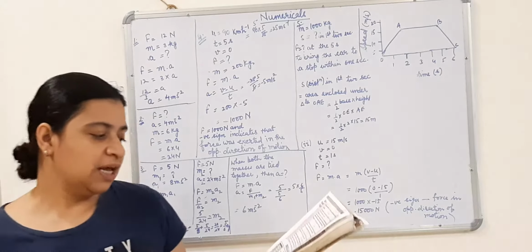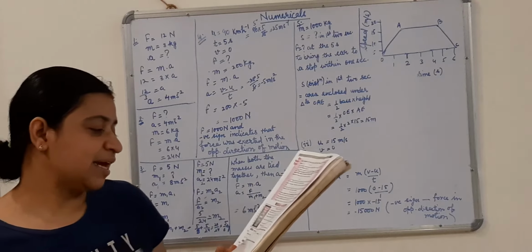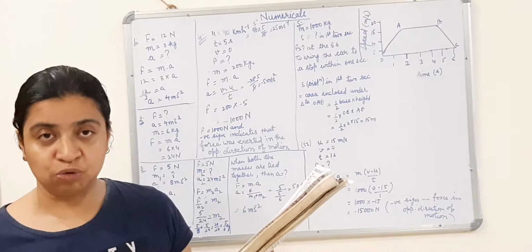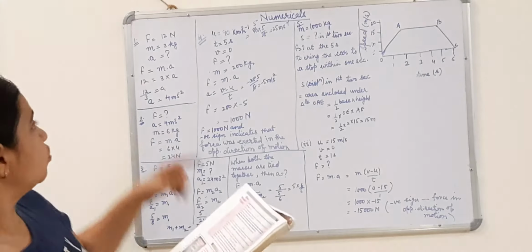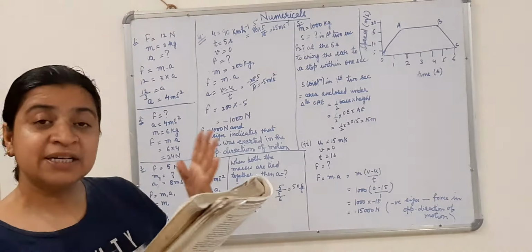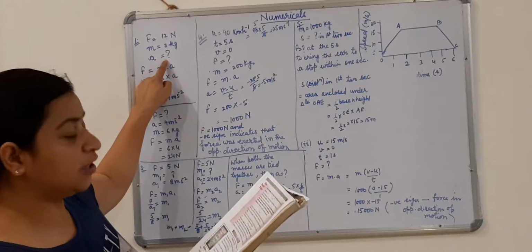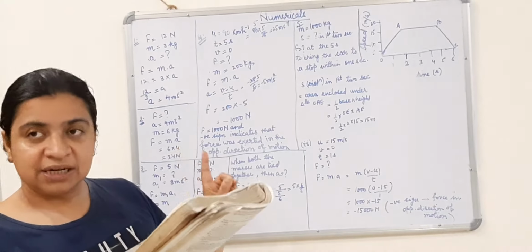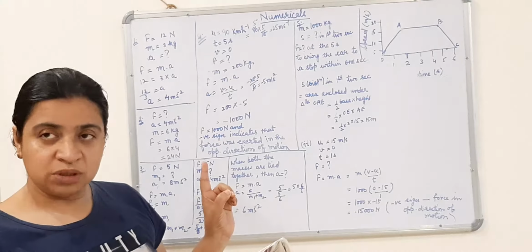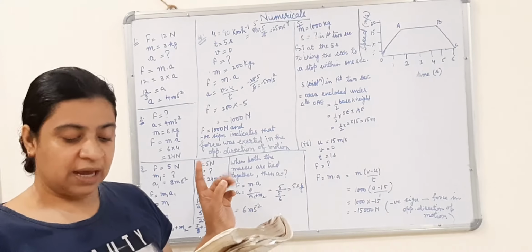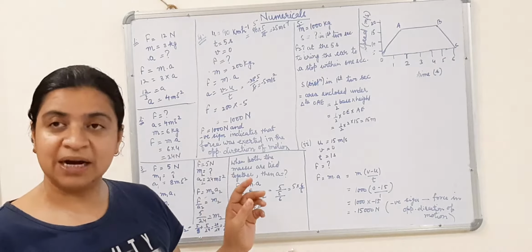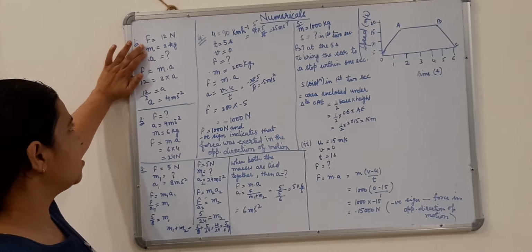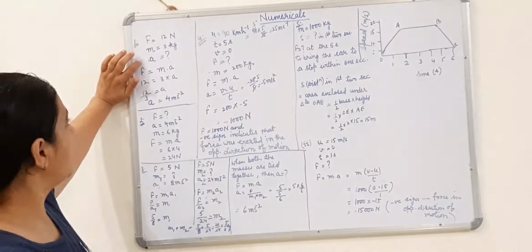Now listen carefully. What is the acceleration produced by a force of 12 Newton? Already given that force is 12 Newton. What is the acceleration produced? That means we have to find out the acceleration. Now listen again. What is the acceleration produced by a force of 12 Newton exerted on an object of mass 3 kg? We are given the mass of the object, 3 kg. We are given the force.